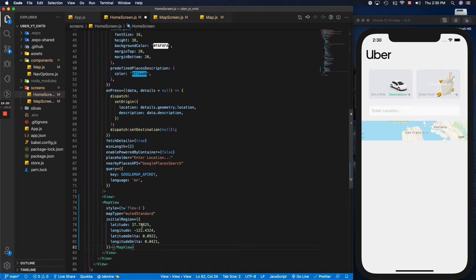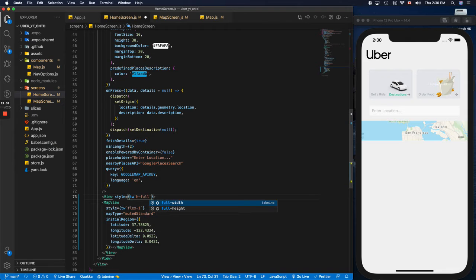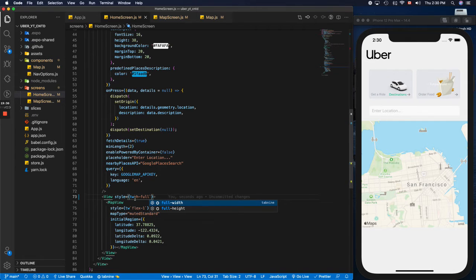We need to put it in a view, and we need to style the view. And I'm going to give it the height of, let's see what a full is going to give us. Okay, a full is going to give us this, but at the same time,